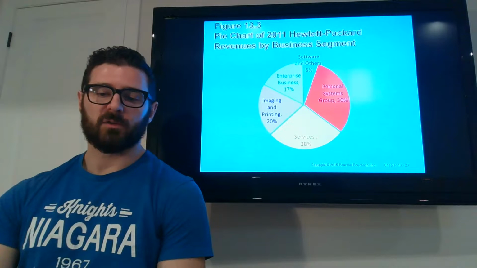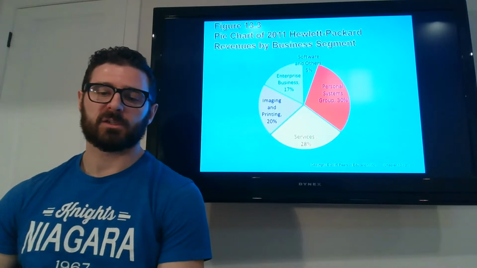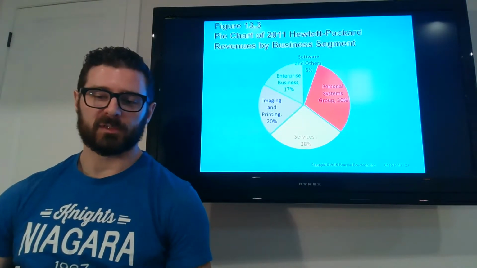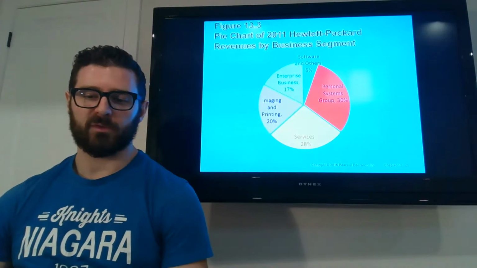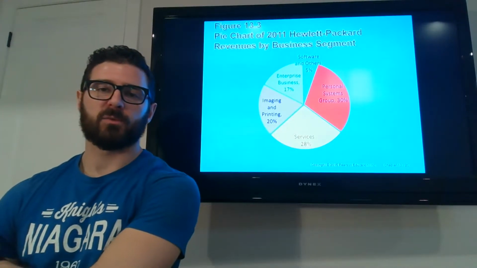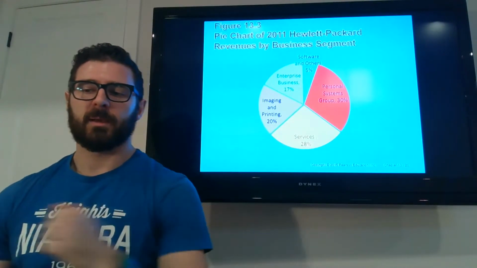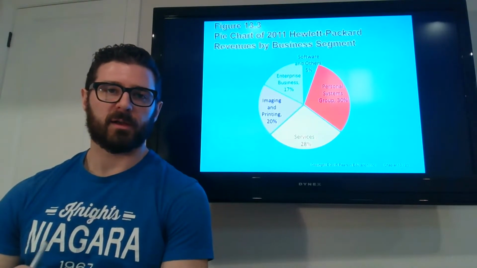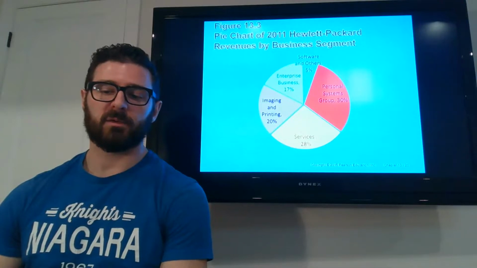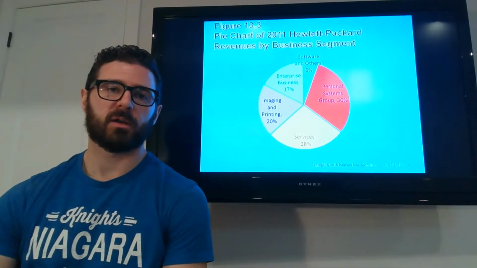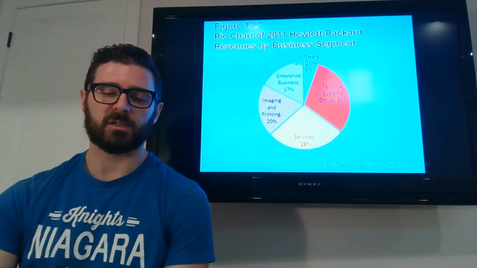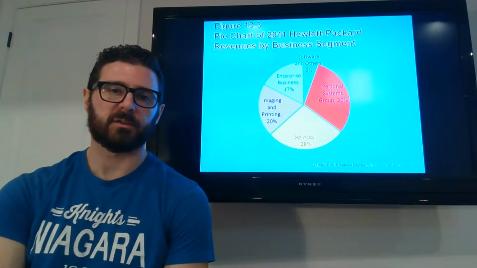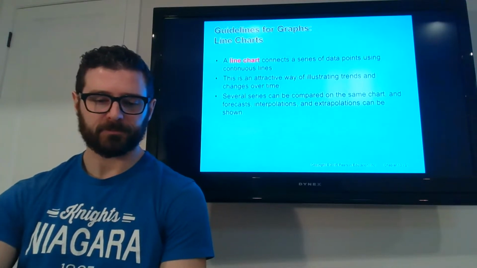A good way to overcome that is just by having a section that says other. So you can see in this chart, for example, at the top, we have software and others as one of the categories. Sure, it doesn't give all of the information as to what's going on in those other categories, but it's still much easier to read. And if somebody wanted to go further into that information, you can provide extra details for that.